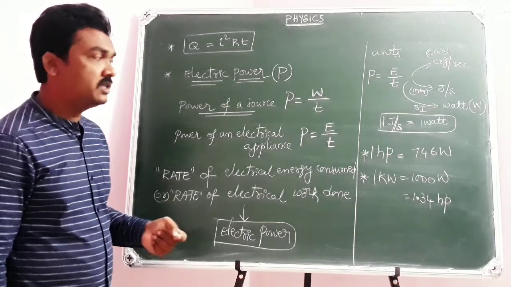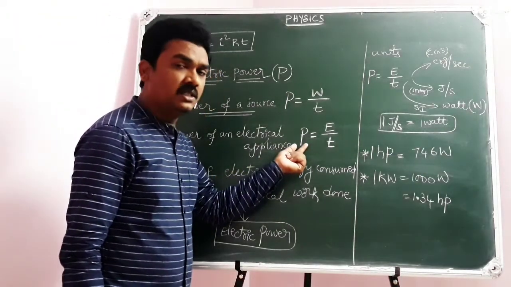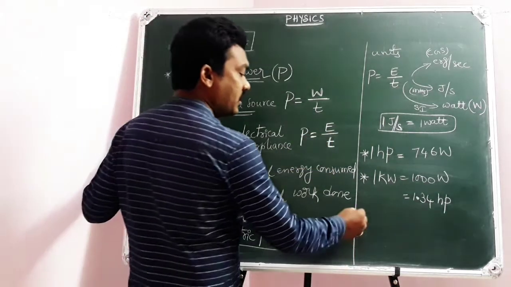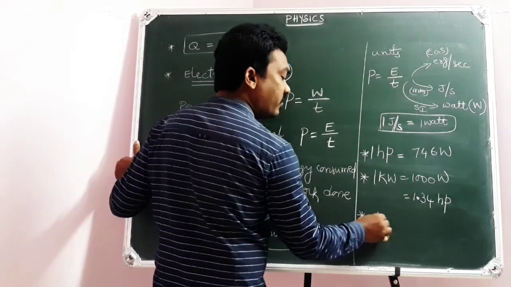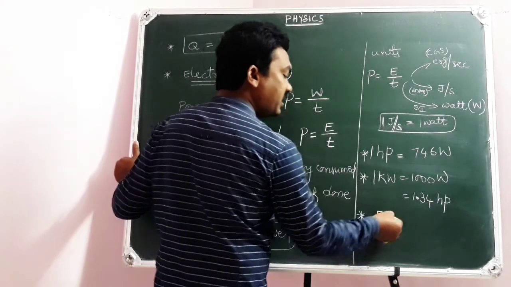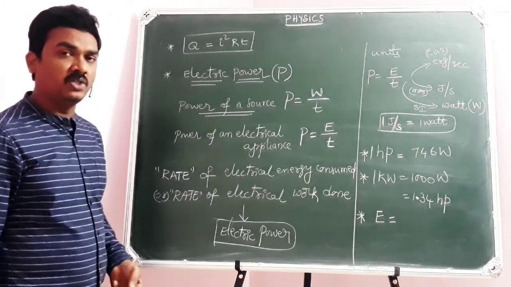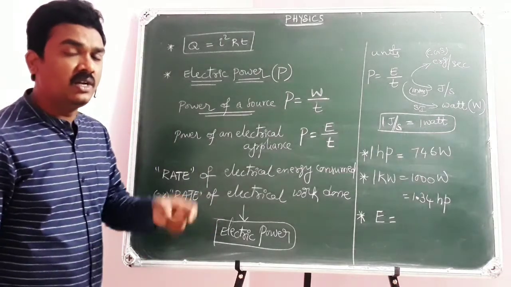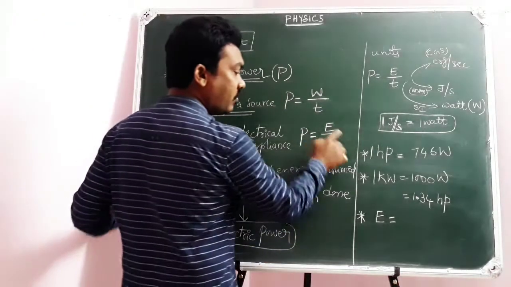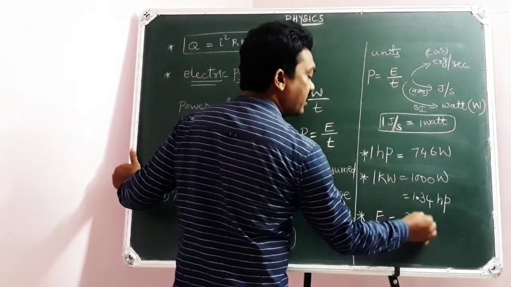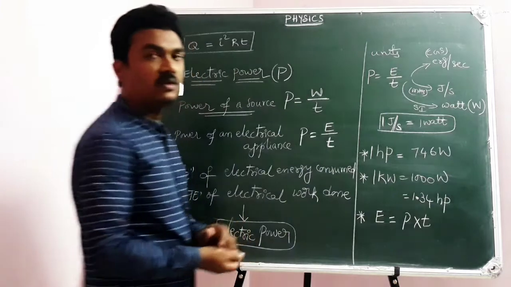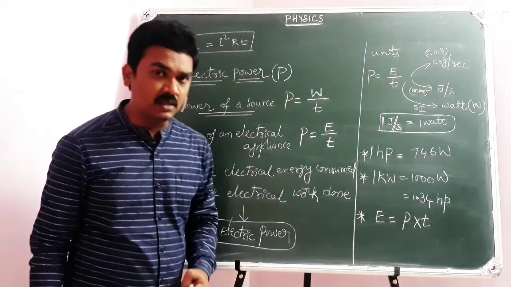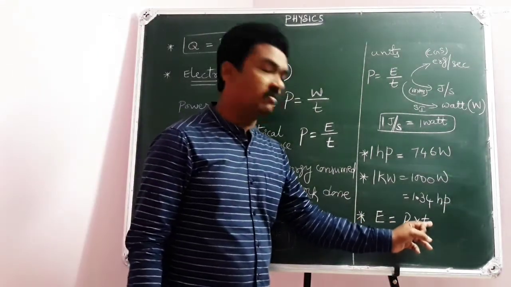And here there is an additional point. As the electric power of an appliance is the amount of electrical energy consumed per unit time, if I wish to measure what amount of energy is consumed by the electrical appliance in the given interval of time, then E equals P into T, power into time. To measure the amount of electrical energy consumed by the electrical appliance, the formula is power into time,